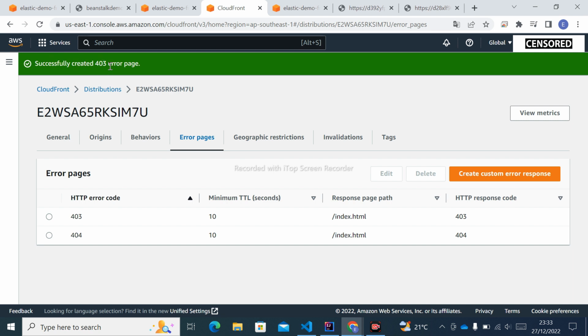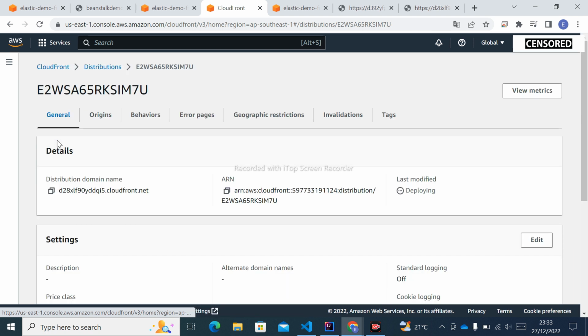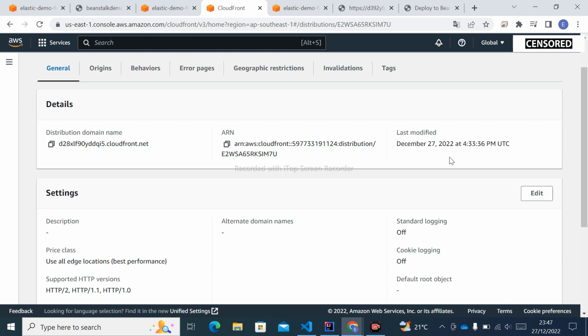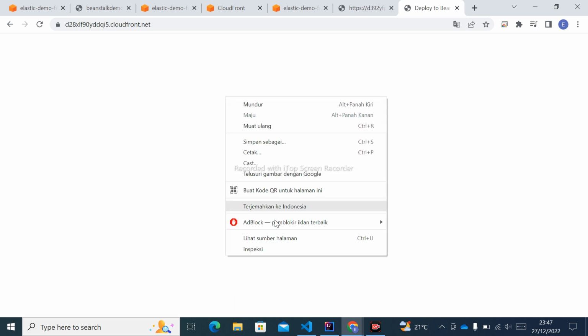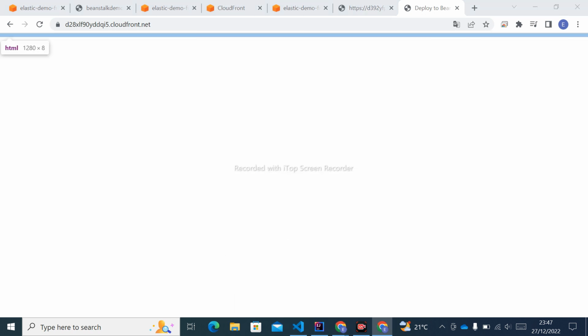Successfully created 4 or 3 error pages, and then we back to the general tab, and we are at the page of deploying again. I will back to you if it deployed. Okay, alright, and it's deployed now. So if we copy the distribution domain name again, paste it, and access, nothing appear here,